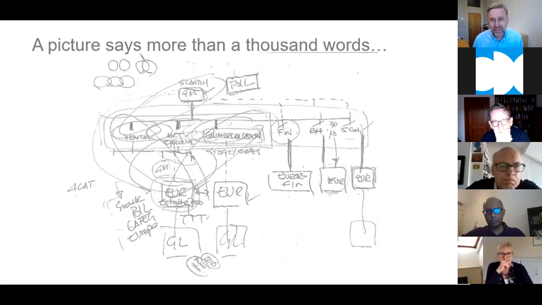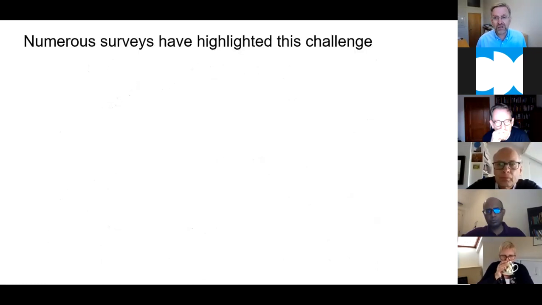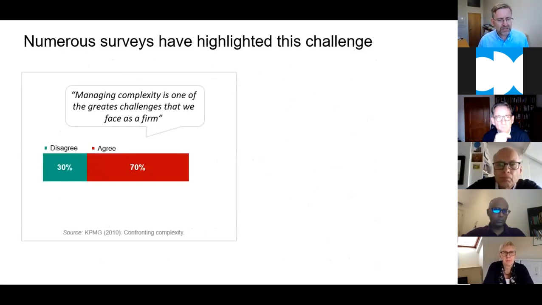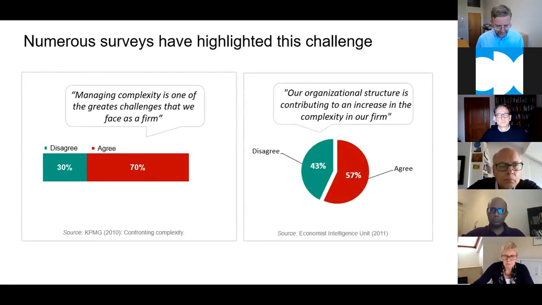And it's clear from several surveys that have been done that this is a concern among many organizations. So I have collected, I think, 7 or 8 surveys done by consulting firms with hundreds of managers around the world. And a consistent finding is that people perceive that the level of complexity is high and increasing. And secondly, that this is related to the way we are organized. So the organizational design has something to do with it. So that's what we're going to explore here.